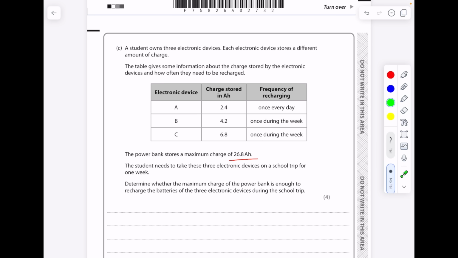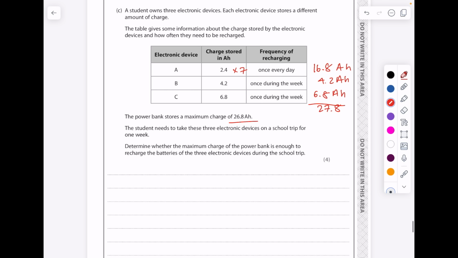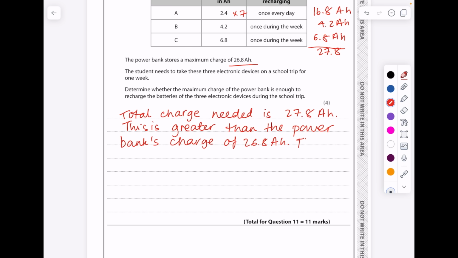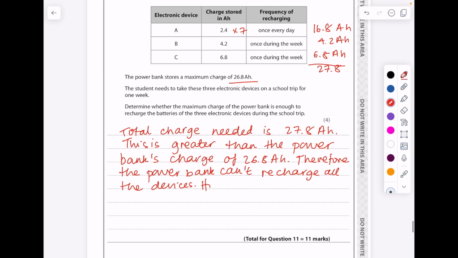So let's do some maths here. If this is going to need recharging once every day, we need to do 2.4 times 7, which equals 16.8. Total those up. So total charge needed is 27.8. This is greater than the power bank's charge of 26.8. Therefore, the power bank cannot recharge all the devices. However, the power bank could be recharged